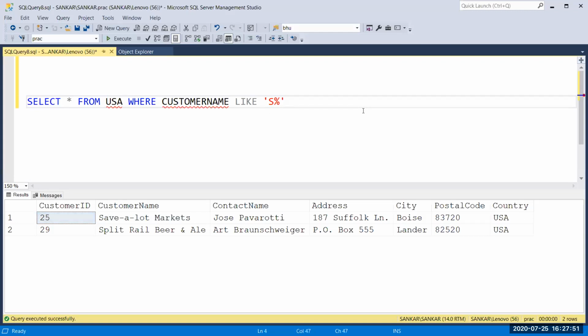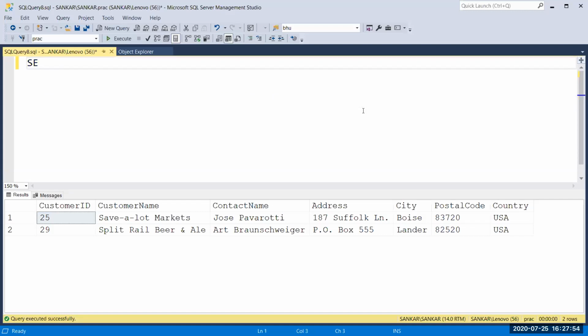So you can do joins also. So here I'm going to join, select star from USA. USA is my view, right? So I'm going to give it a name A, and here I'm going to give left join. So I'm going to join a customer table with this view. Now you can understand better what a view is and how to use it. If you want to grab some data in the same table with two different conditions, you can use views. Then you can join both the view and your table, then you can retrieve your data.